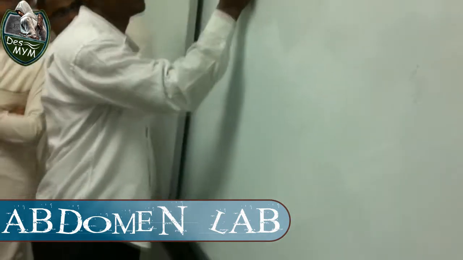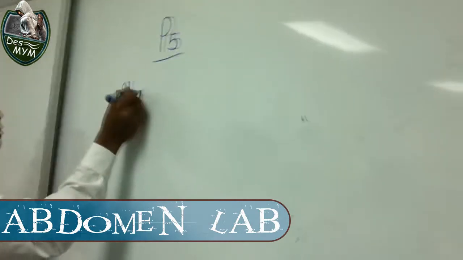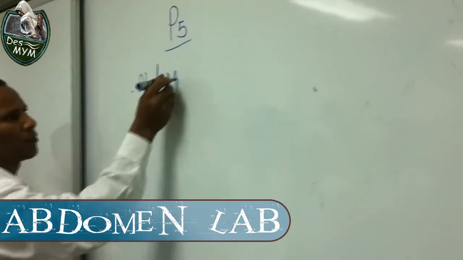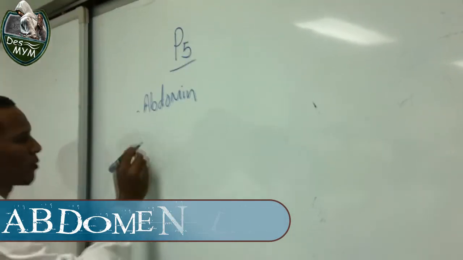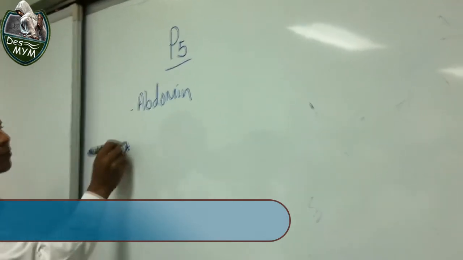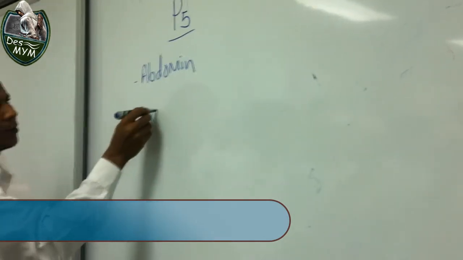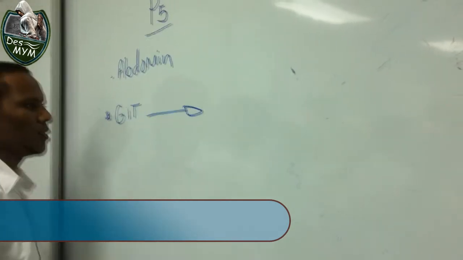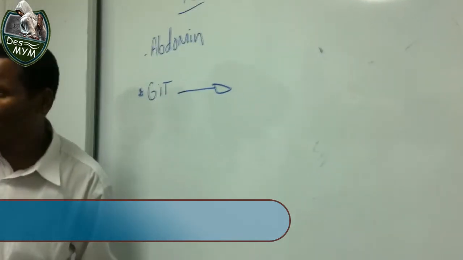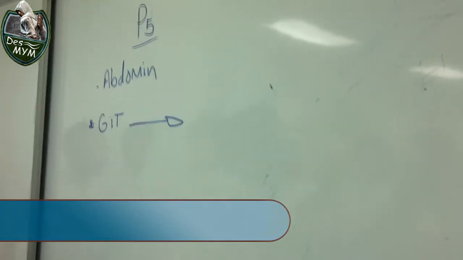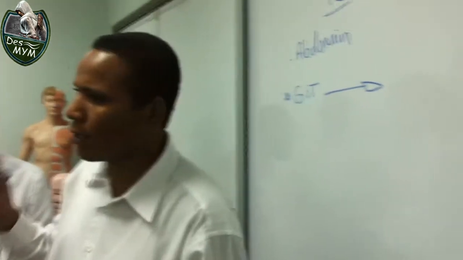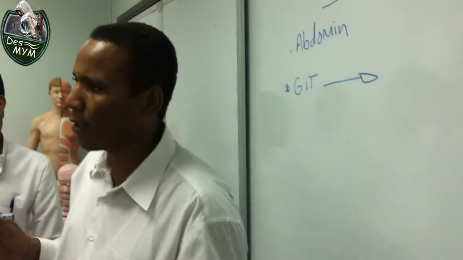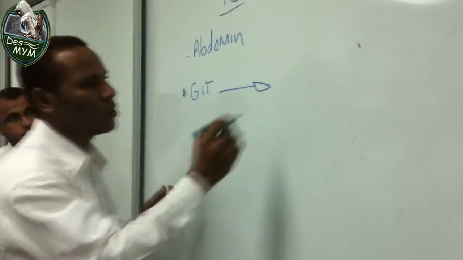Abdomen. We said that GIT, gastrointestinal tube, is one continuous tube that starts at the oral opening and ends at the anal canal. It consists of